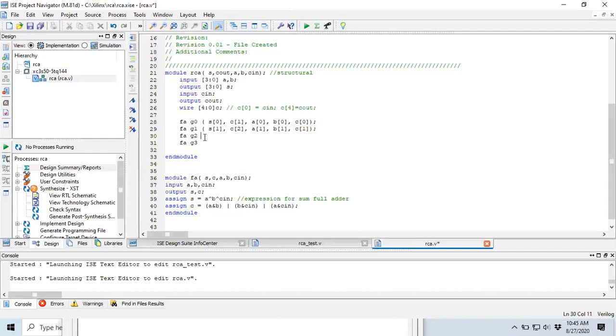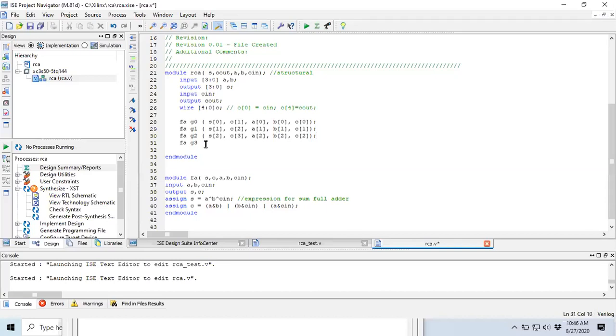And the third full adder, what happens? So in the third full adder, it is S of 2, comma, C of 3, comma, A of 2, comma, B of 2. I have C of 2. This is the third one.